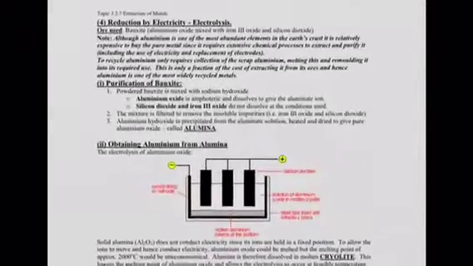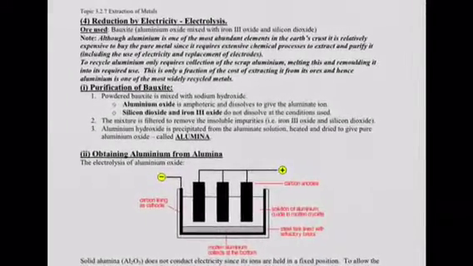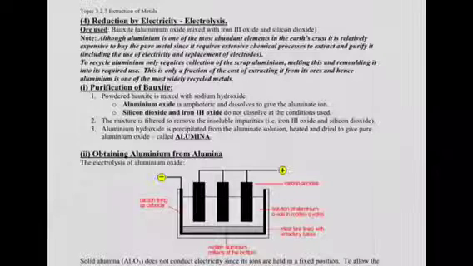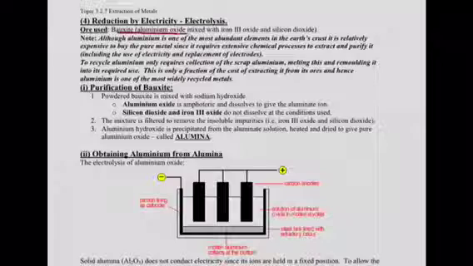The next reduction to look at is electrolysis, and the example of electrolysis that we use is the extraction of aluminium oxide. And you can see with this one, this is very similar to what we had at GCSE, so it's going to be a quick race through to show this. So first of all, the extraction of aluminium is from aluminium oxide, which